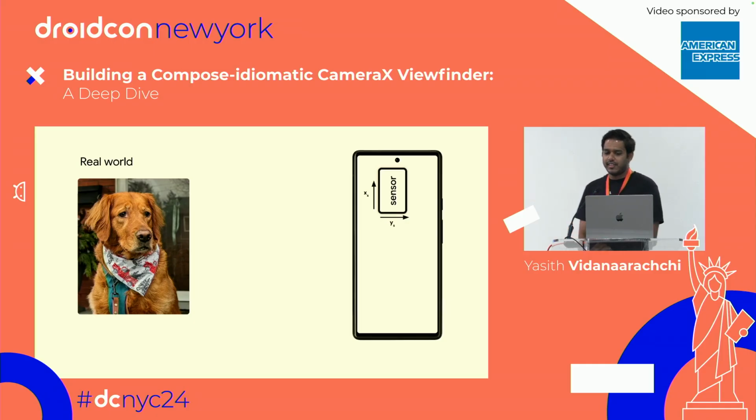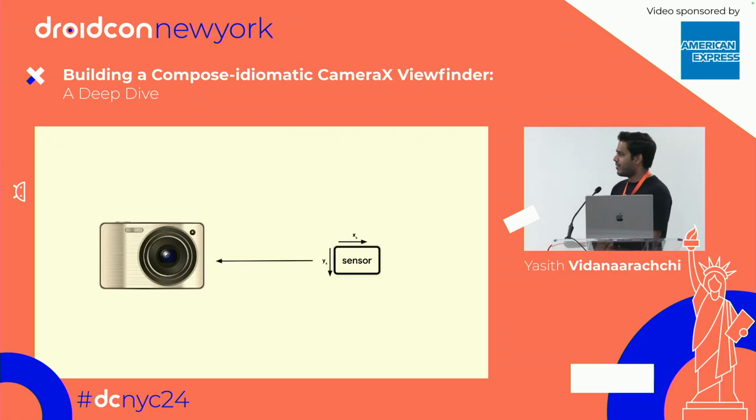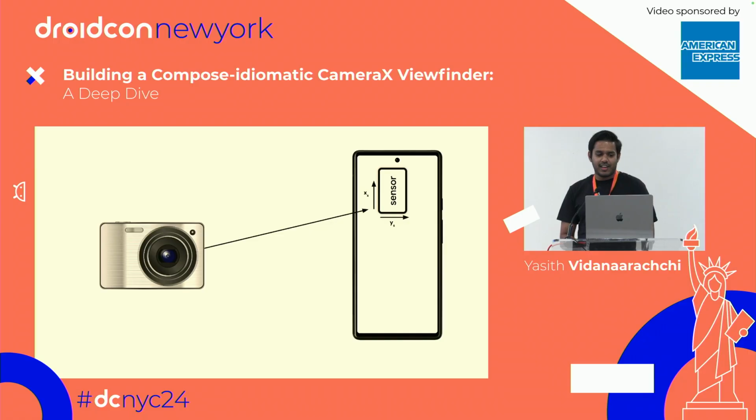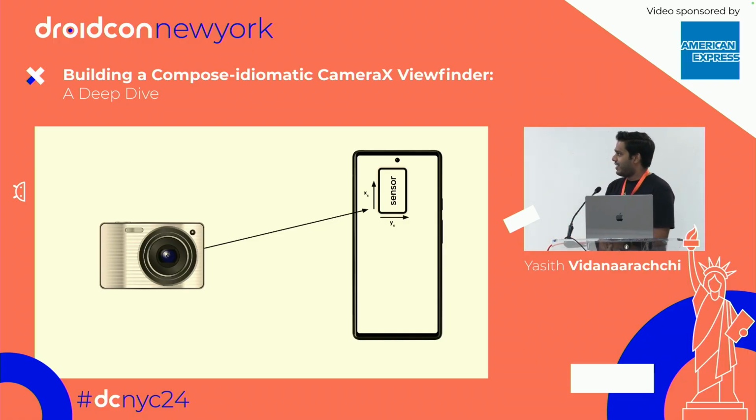But if you look closely, you'll see that the sensor has the x-axis vertically and the y-axis horizontally. Why is this? Because before phone cameras, they were just regular cameras, and they use sensors. They would read pixels from left to right, top to bottom. The x-axis is horizontal, like we're used to, and the y-axis is vertical. So when we were building cameras for the phones, we just took these sensors that were available to us, and we put it on the phone. And we also wanted to maximize the field of view according to the phone's natural orientation and the display. So we had to turn it around, and we ended up with sensors with the x-axis going vertically and the y-axis going horizontally,